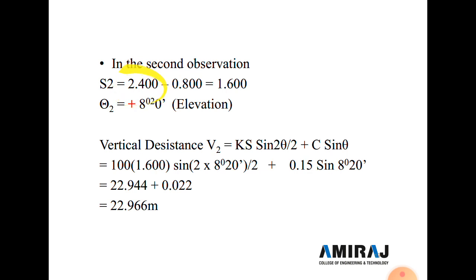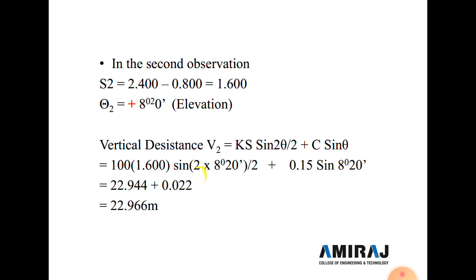So 2.40 minus 0.80 is 1.60, and theta 2 is a positive 8 degree 20 minute. So here 8 degree 20 minutes shows the positive sign, which shows the elevation. Now the vertical distance V2 is equal to ks sin 2 theta divided by 2. So k is equal to 100, s we already found out is 1.60, and